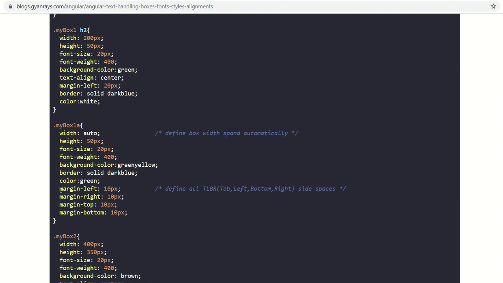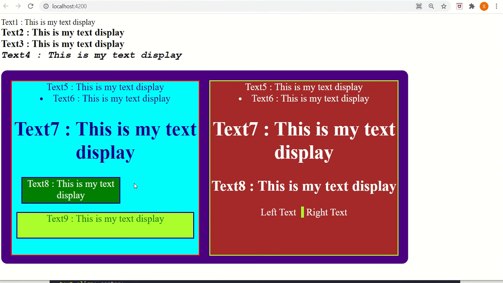And now you can see here we are setting the margin. There is another way: you can place 10px space 10px and so on. Otherwise you can give left, right, top, bottom margins separately for a box. So that means everywhere, left, right, top, bottom, it will leave a 10 pixel margin. You can see this is a gap, this is a gap, this is a gap, and this is a gap. This is a 10 pixel margin we are leaving outside the box. And if we give padding, padding will give the space inside the box, right?